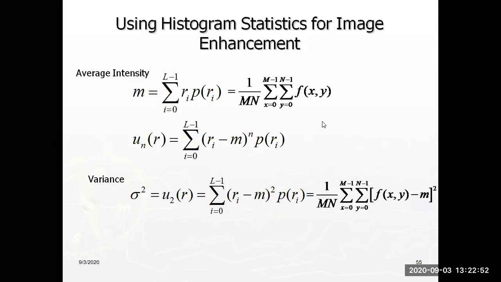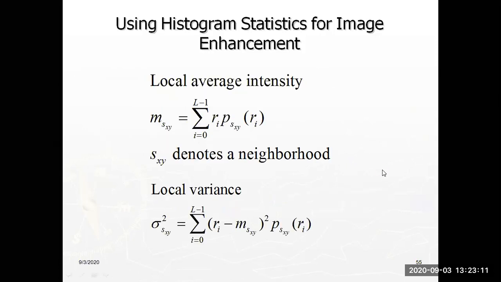For the discrete case, these two are for general summation. The discrete value for m, and the discrete value for sigma square, is given like this. There is no change, we are just changing to the discrete or pixel value f(x, y). So using these two formulas we can calculate local histogram intensity statistics.